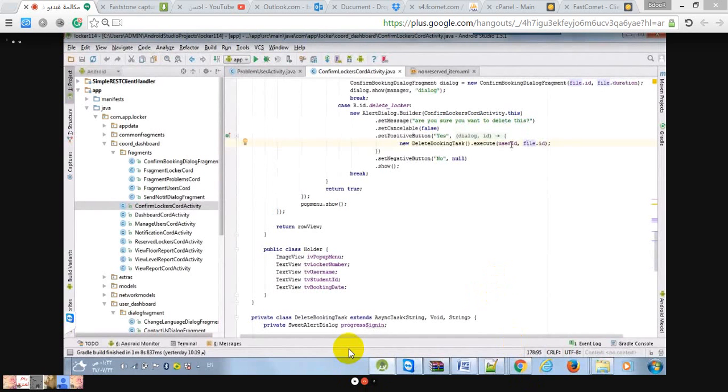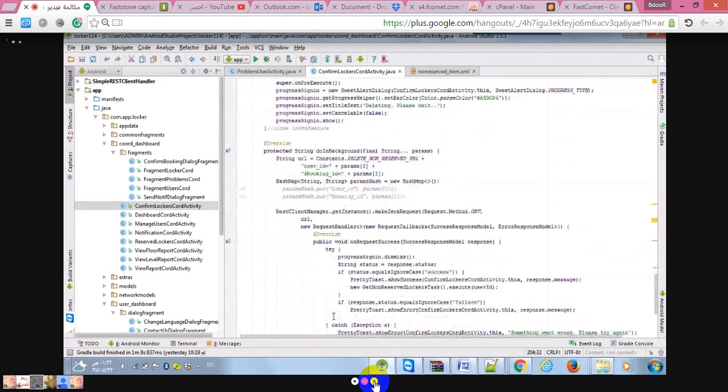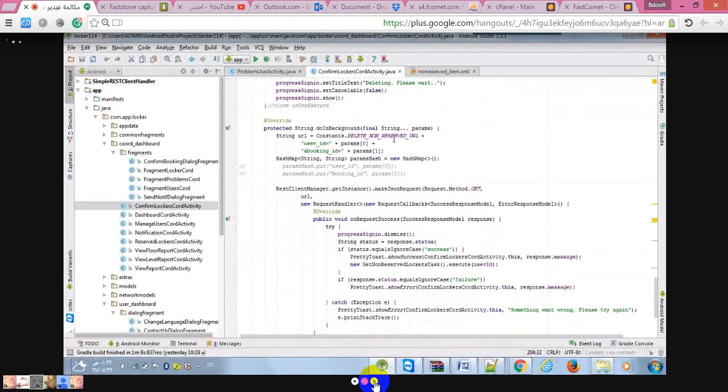We will pass that and the user ID to this class here, and in this class we call a web service of delete non-reserved, passing it two parameters, user ID and booking ID, and telling that it's a get method. Here is the URL, and these are just the response